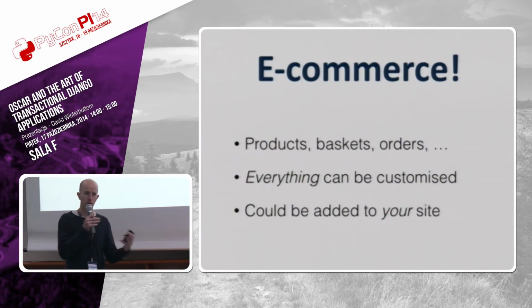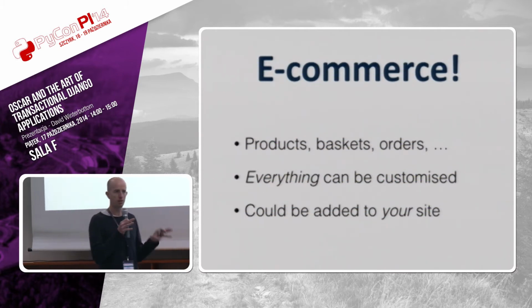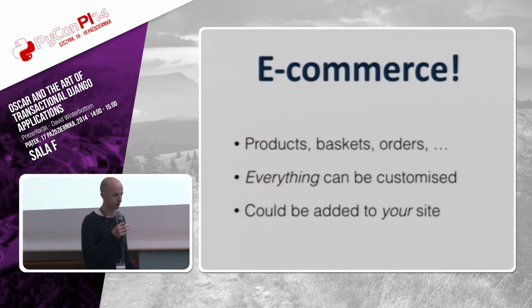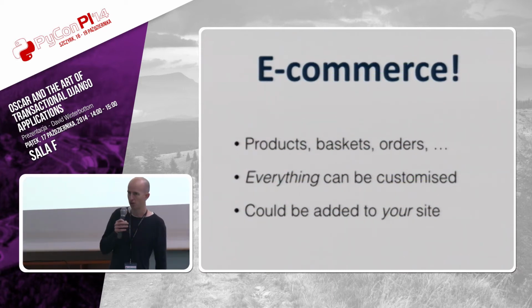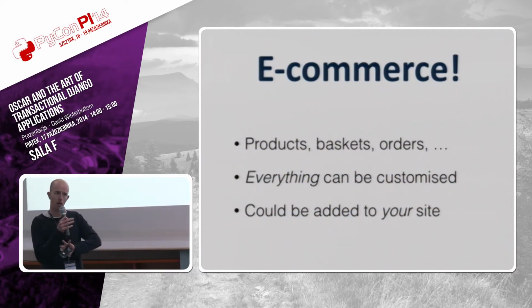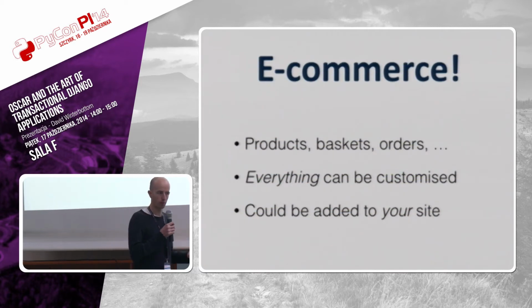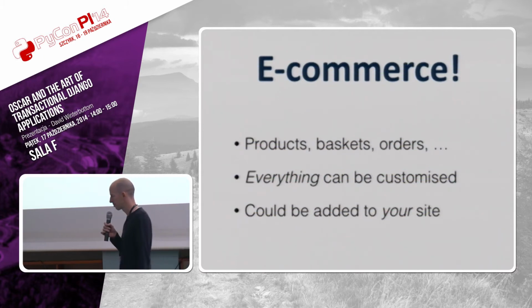But the reason it was written is because we needed to step back and strip out all the assumptions, or as much as we could, so that Oscar doesn't have any real opinion about how your store should work, how customers interact with it, how they pay for things, how stuff gets shipped, how stuff gets fulfilled. It tries to be agnostic about all of that. So every single bit of Oscar is written with a view of how would someone change this? How would someone come in and either throw this away or customize it or do something different with it? There's nothing in there that we consider sacred and fixed, because you'll always come across a client one day who'll say, oh no, that's not how my shop should work. We need to change that.